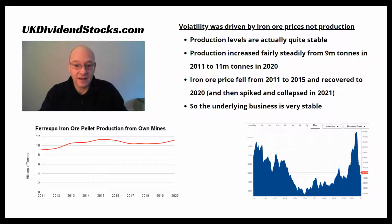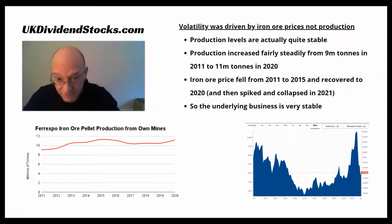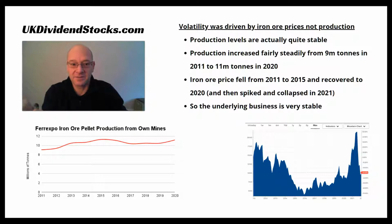And there's a pretty tight correlation. If you look at a chart of iron ore prices, you see that they grow from about $170 per something. I have no idea what, to be honest. I'm trying to look at a chart. I'm a bit blind in my decrepit old age. But anyway,